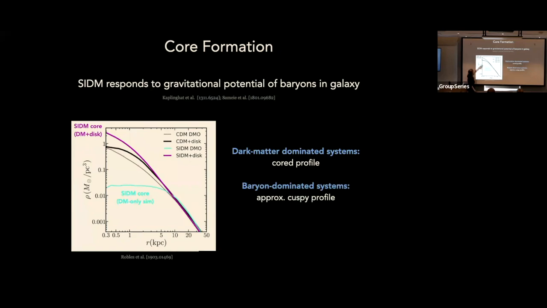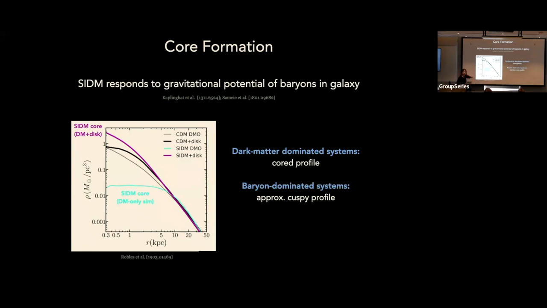Oh, the fact that it turns cuspy is because in this particular example, they've added enough baryons to the system that they've deepened the gravitational potential well to such a degree that it can no longer core. The dark matter can no longer move out. It's stuck in the center. The degree to which that happens is going to be sensitive to just how massive the disk is that you add. I don't remember the details of exactly what they did, but that'll set just how cuspy it's getting here. You can also see similar behavior in the cold dark matter, which is probably coming from adiabatic contraction when you add the disk in.